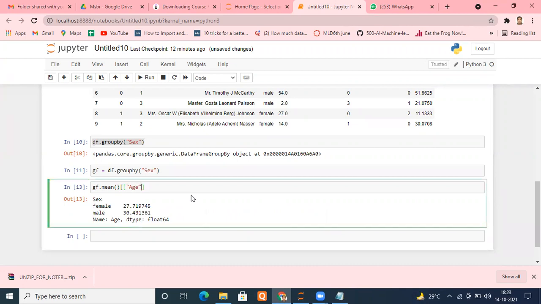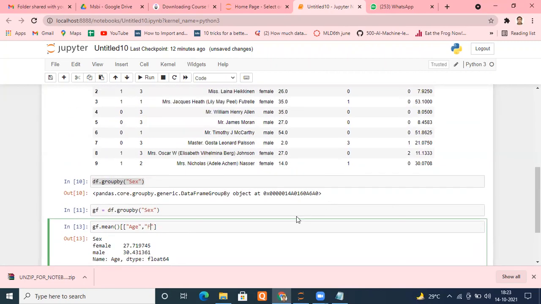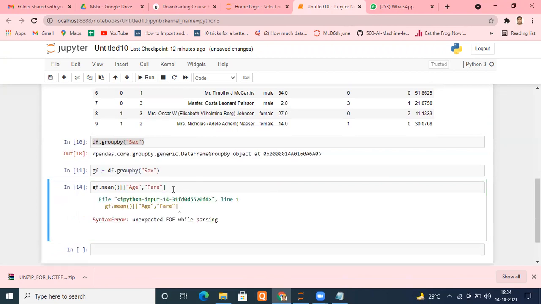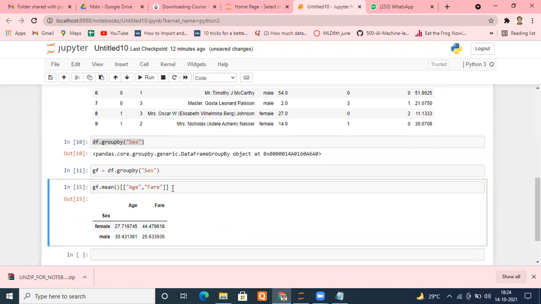Suppose I want to know age and fare. I don't know if fare is capital or small. It's capital. Fare. What happened? Oh, I forgot to put one more list bracket. See. Is it fine, everyone? So I can get information easily by male and female.